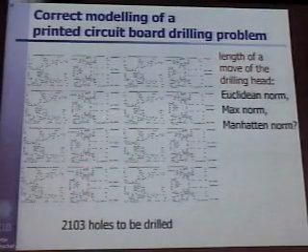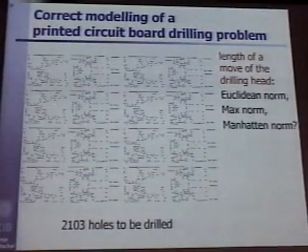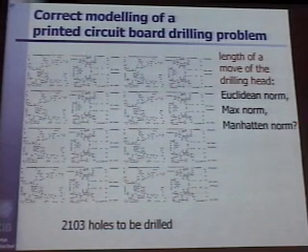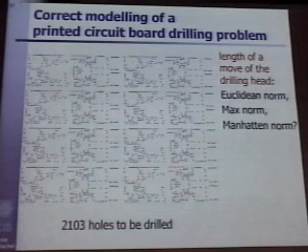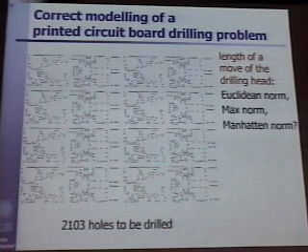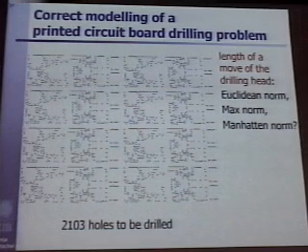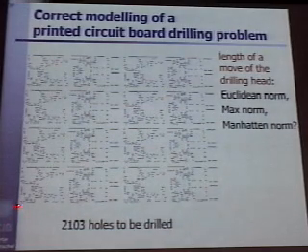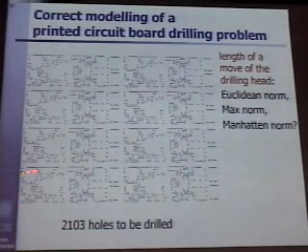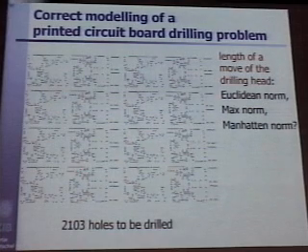So here is such a printed circuit board. And I like this example in particular for beginning students, as there's some typo, but forget about it. Namely, what is the length of a move from this point to that point? Well, the typical mathematician would say, well, that's the Euclidean distance, but that's not how machines move. Machines have 2 motors. One moves in that direction and one in that direction. So what you do is you move a motor from here to there until you hit the coordinate, and then you arrive at this point, and that's the maximum distance of the 2 moves. And the moves are, of course, not linear.